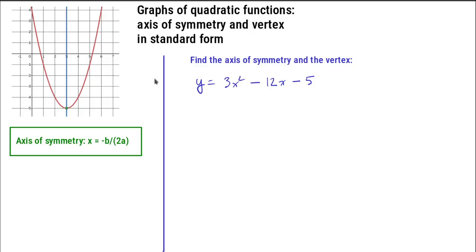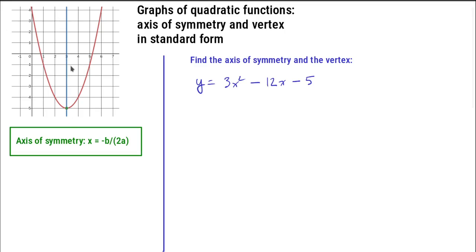One of the key features of the graphs of quadratic equations, or parabolas, is that they have an axis of symmetry. So this is the graph of a parabola, this red curve here, and right down the middle we have this blue vertical line. This is the axis of symmetry. One side is a mirror image of the other,